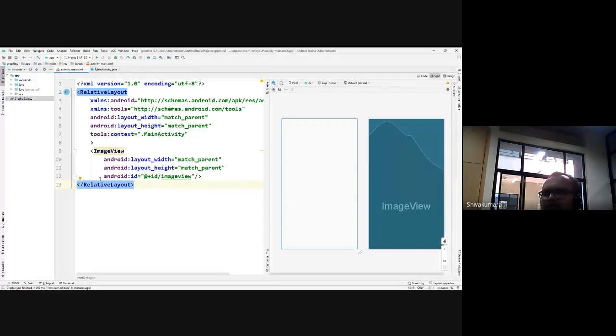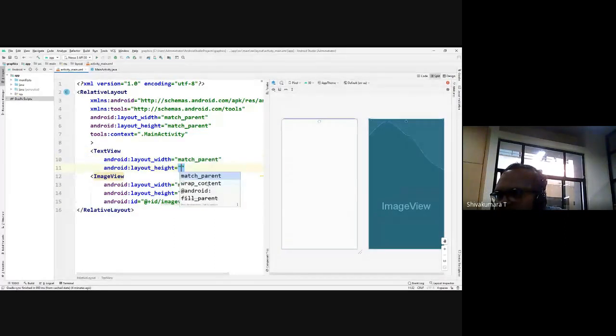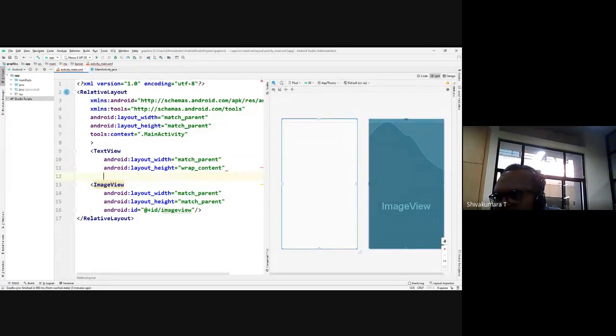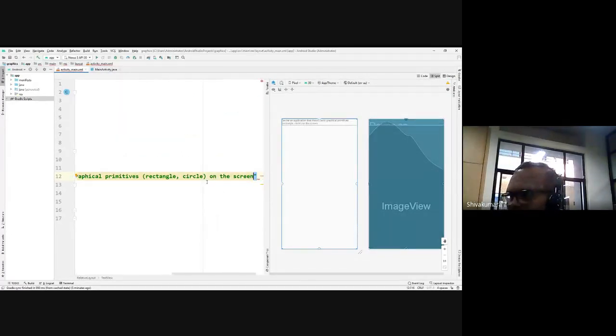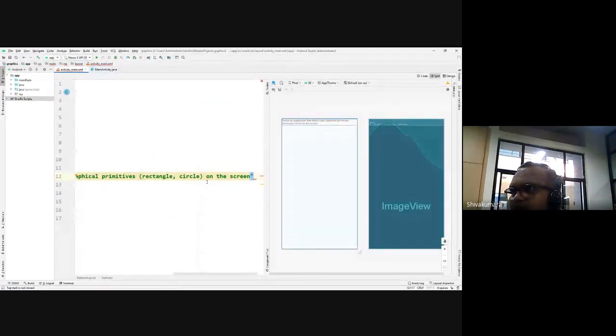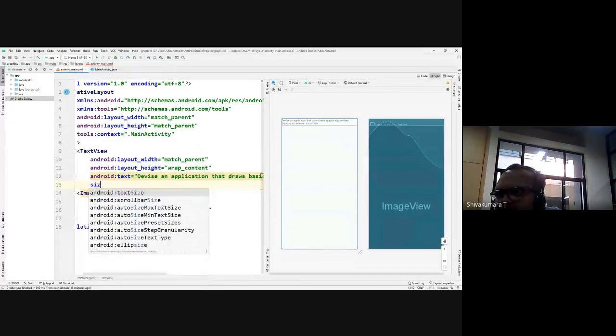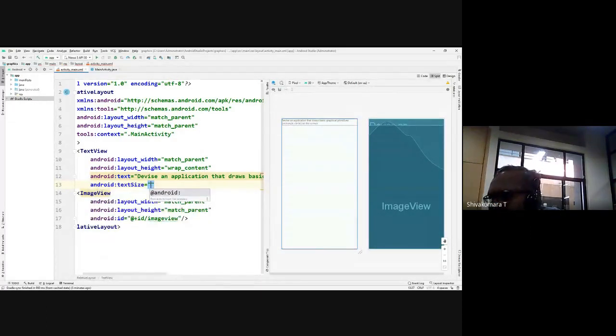In this program, you can define the text view, match parent and wrap content, and for the text, you can specify the hard coded text. And the text size, specify text size as 20 dp.